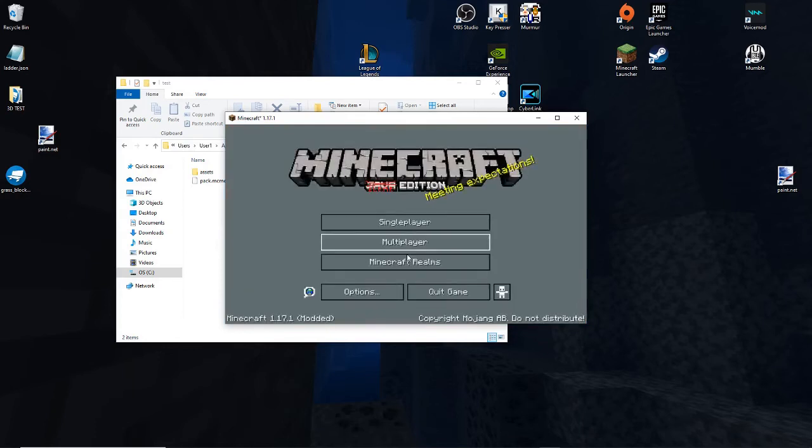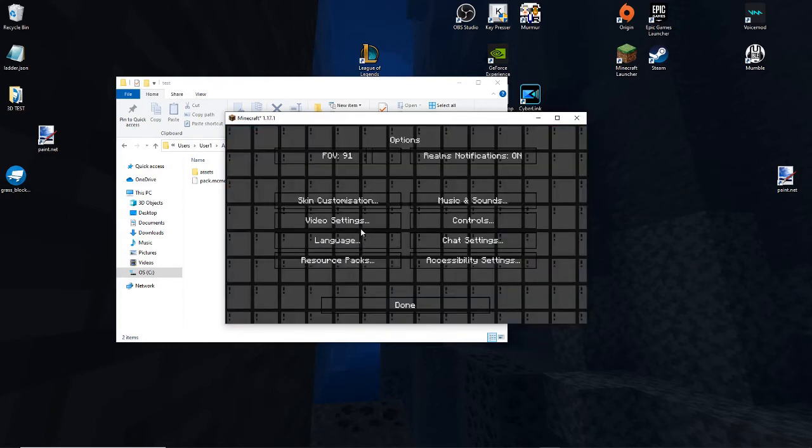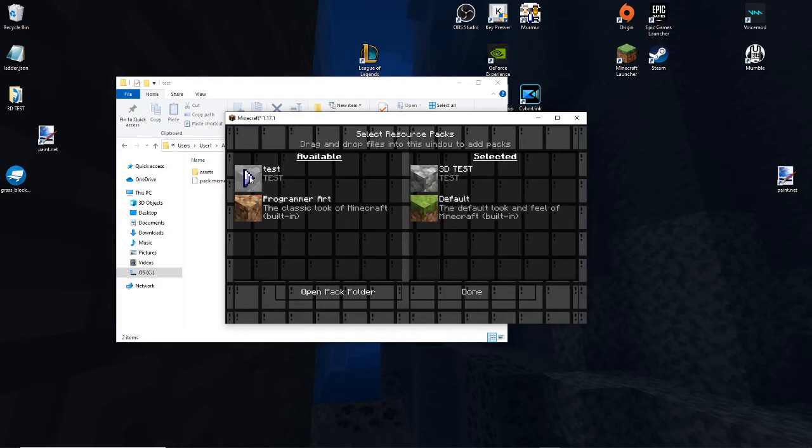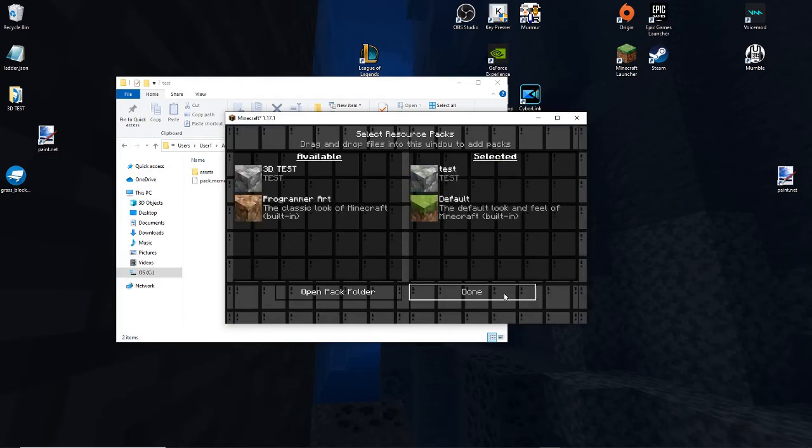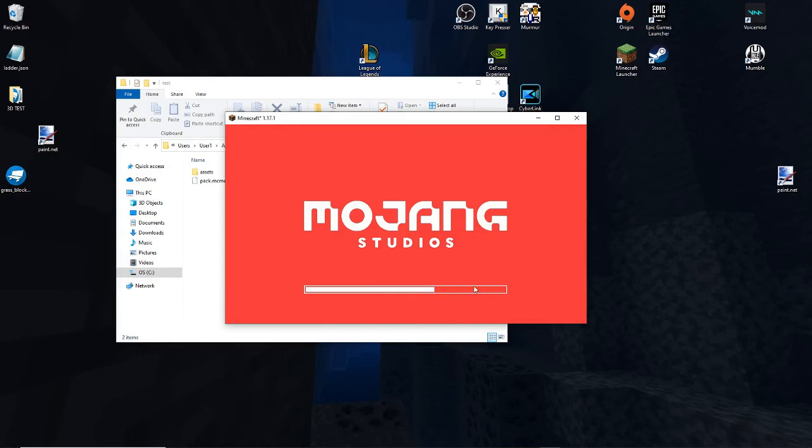And now it's done. Now, as you can see, I still have my texture pack on, but if you go into here, resource packs, it should be there. Now I am going to shut mine off for this and put this one on, and if we load this up